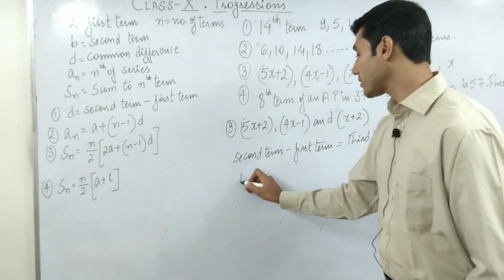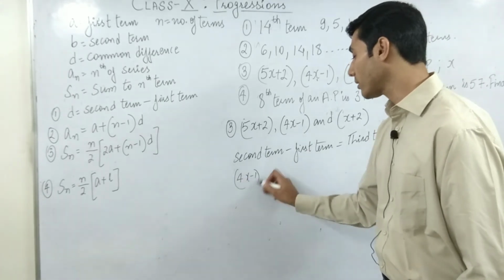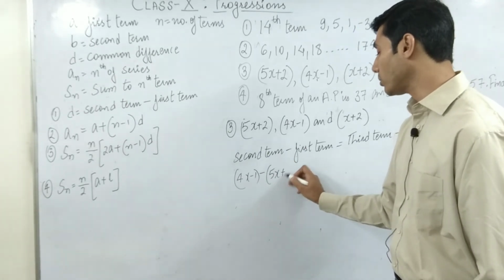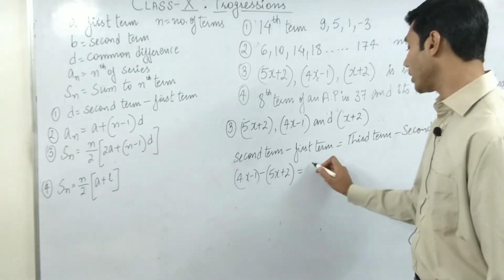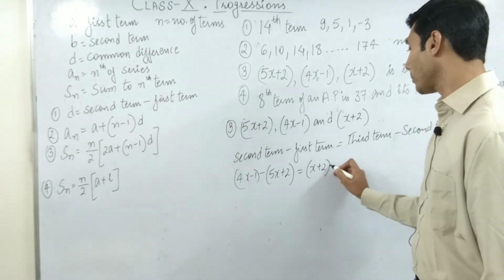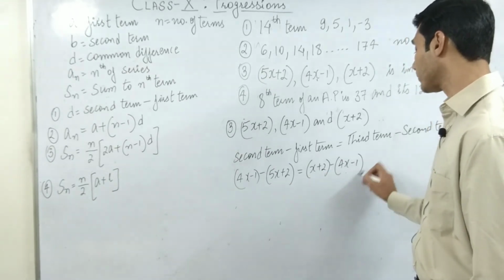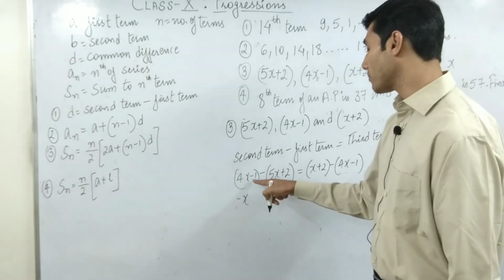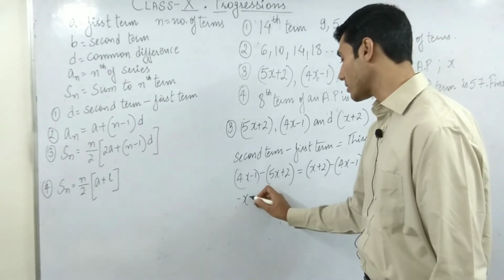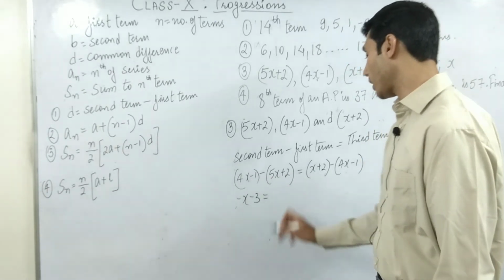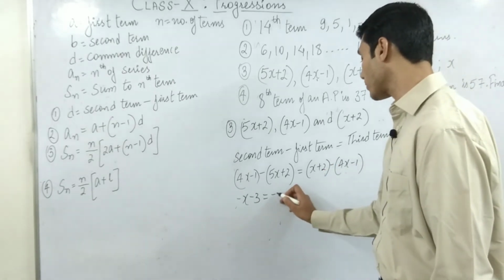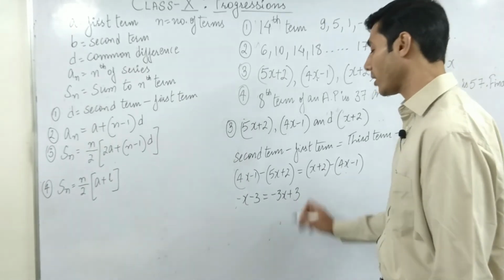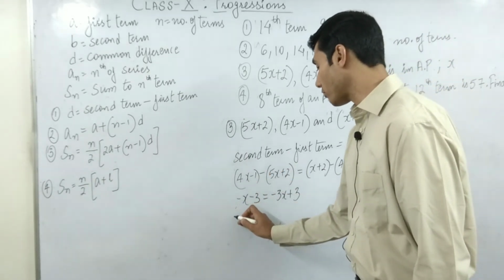So let's do that. So that is 4x minus 1 in brackets. See how and why I am applying brackets. It is 5x plus 2 should be equal to x plus 2 minus 4x minus 1. So let's solve it. 4x minus 5x is minus x. Then comes minus 1 and then minus 2 is minus 3. It should be equal to x minus 4x is minus 3x and 2 minus minus 1 is plus 1, 2 plus 1 is 3. So I take 3x to the other side, so it will become 3x